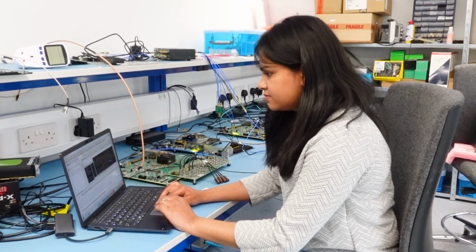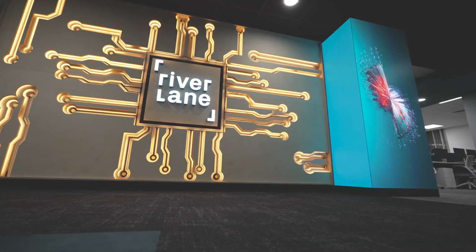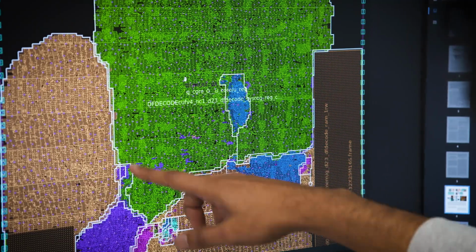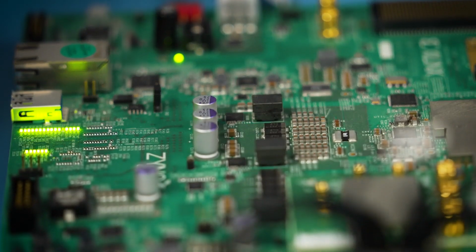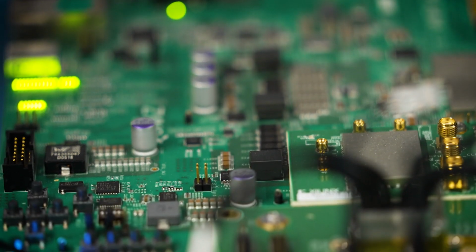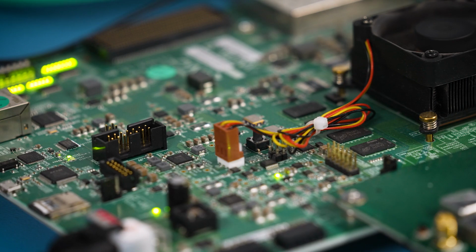I'm a senior FPGA design engineer at Riverlane. Prior to this, I was working at the Indian Space Research Organization, where I developed FPGA-based satellite payloads. Later on during my MSc, I was exploring similar research-oriented cutting-edge tech fields. My background is in physics and experimental condensed matter physics. And I'm really excited about quantum error correction because it combines all of those skills that I have into creating